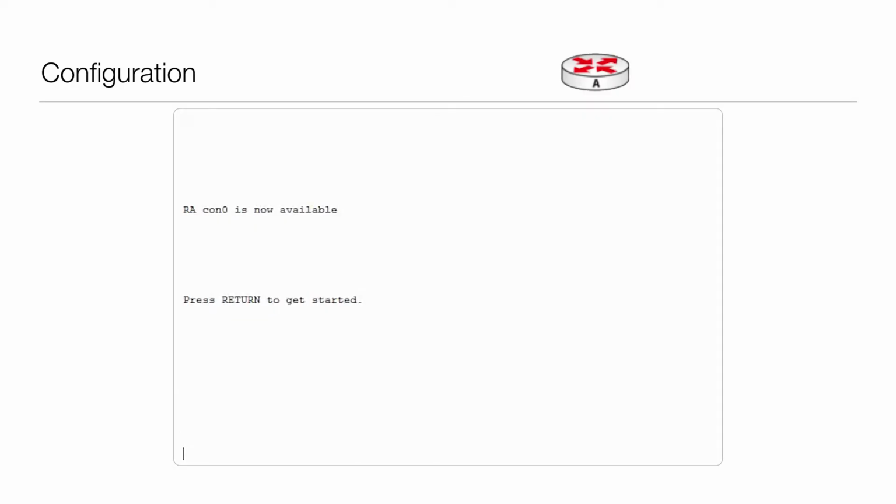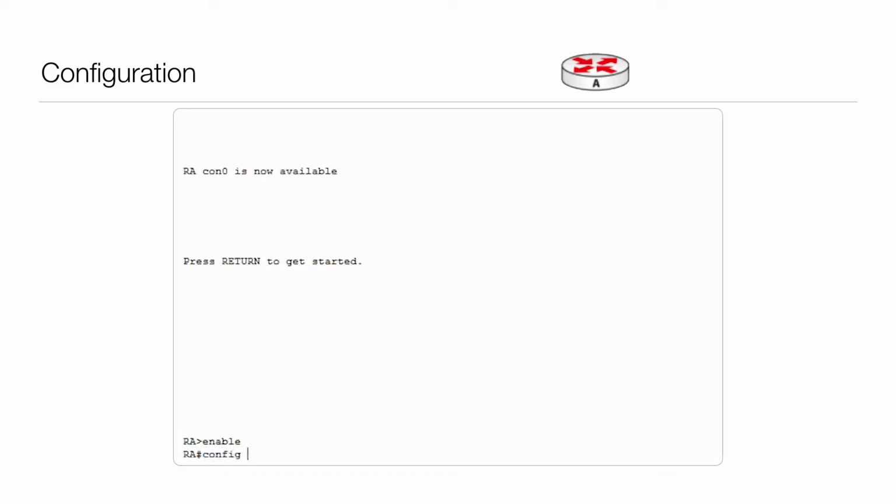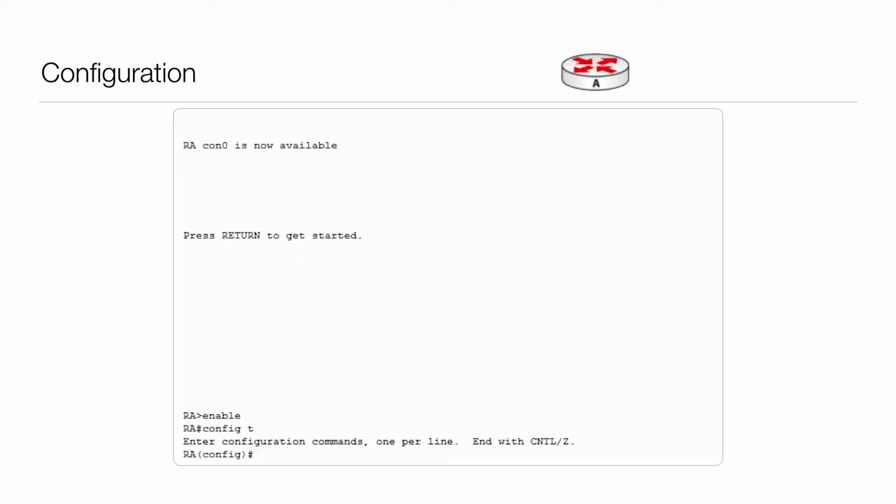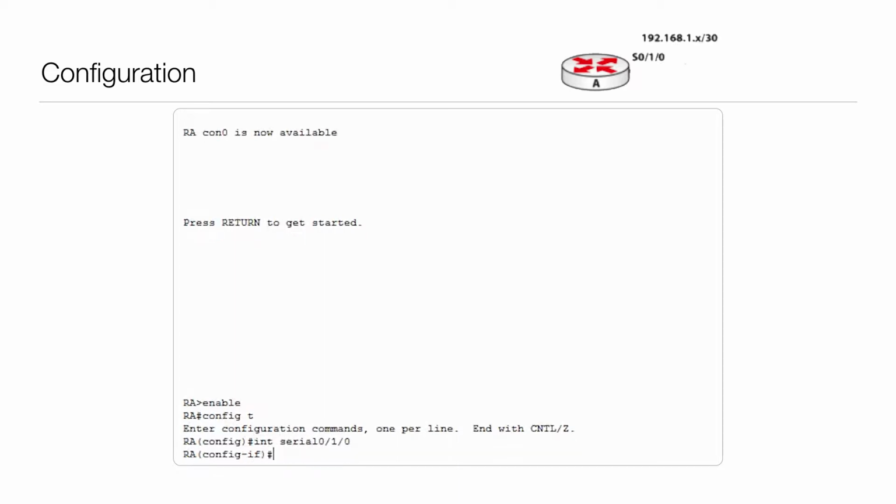So we're connected to router A here. First thing we need to do is give our interfaces IP addresses. So enable, configure terminal. The serial interface we want to configure first. So serial 0/1/0, IP address